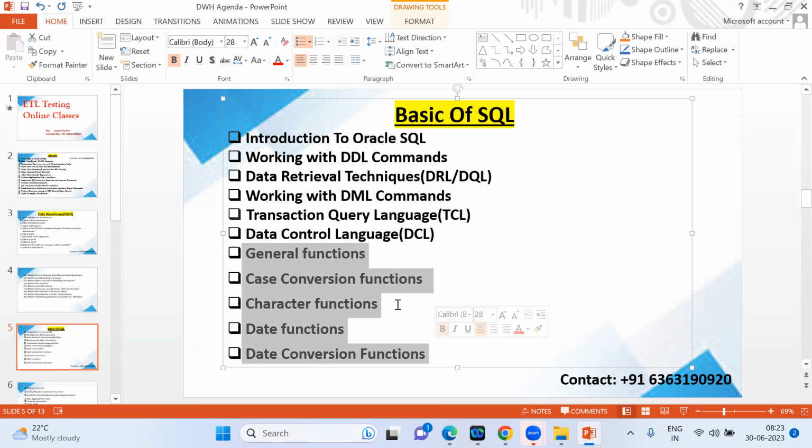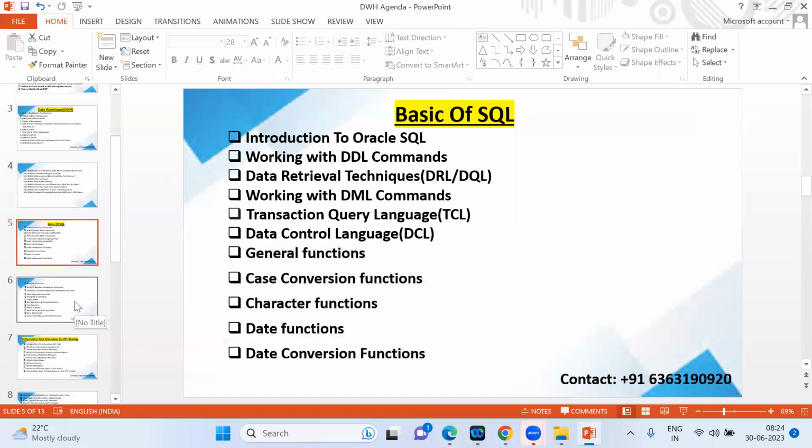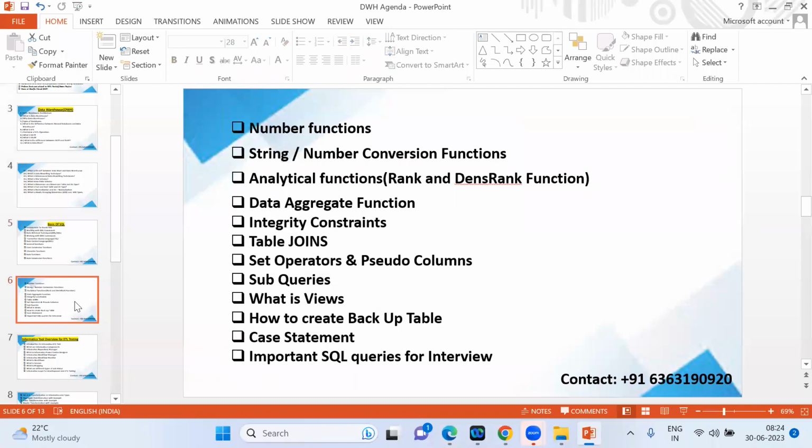Because in interviews, they will ask many questions from general functions, as well as when you will be working on a real-time project in a company, you will be using functions frequently. Okay, so it's a very easy part, and you will see all these things with examples. And we'll share the recordings. We'll share the document, the theory part as well as the query part,